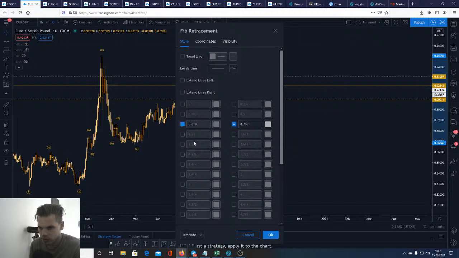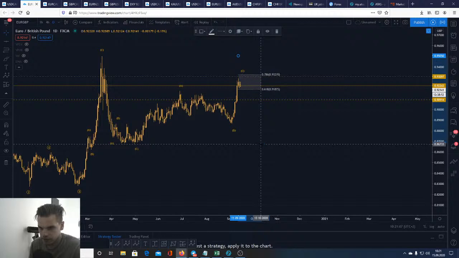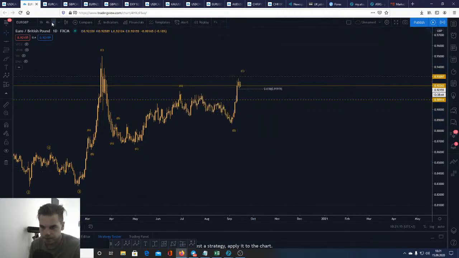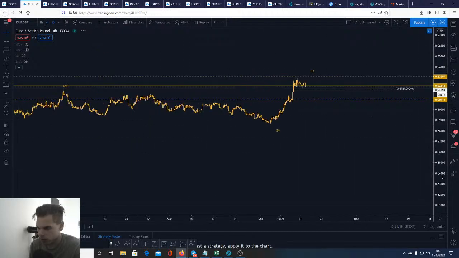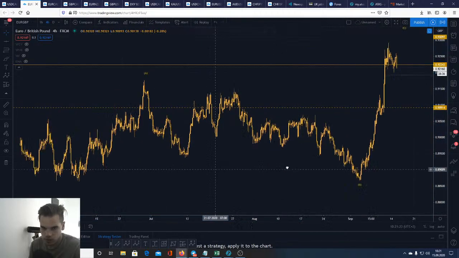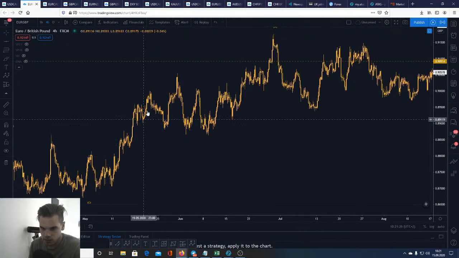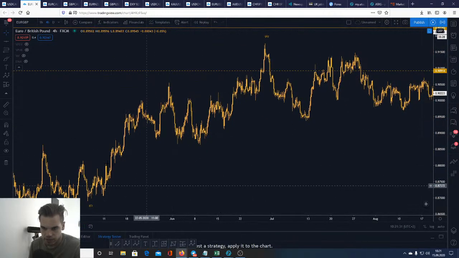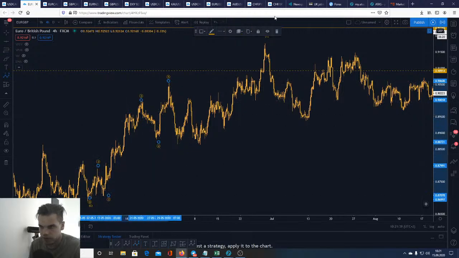61, 70, okay, 61 here. Is this correct? Yeah, so I already passed the 61 here. So the forward chart of the current impulse. Gotta check the sub waves as well. 5 ABC 1, okay, this is a 3-5-3 pattern. Just 1 2 1 2 3, okay, just 1 2 3 4 5,